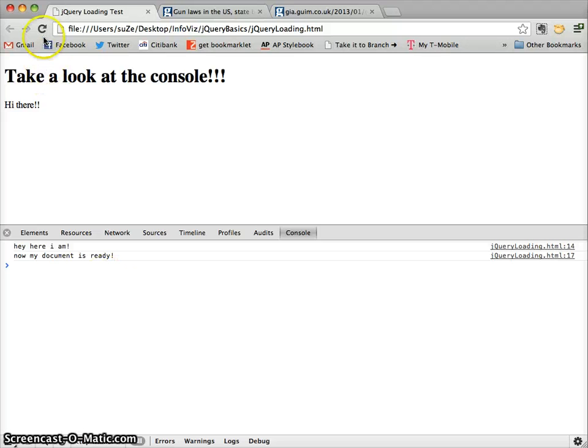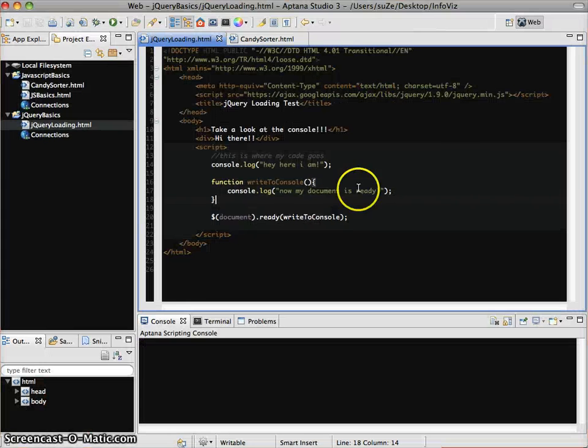Right? Now, even if I try really hard, it seems like this happens almost instantaneously. And again, that's because we haven't actually asked our page to load much from the outside world. Now, obviously, we can think of times when this is likely to happen. We might have images. Of course, we can always just write image tags. We might have other libraries and resources, but the place that it happens for us most often is when we're